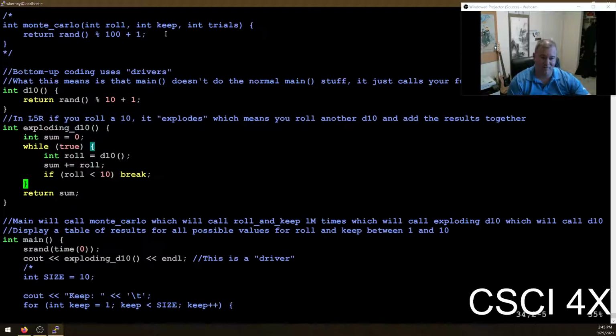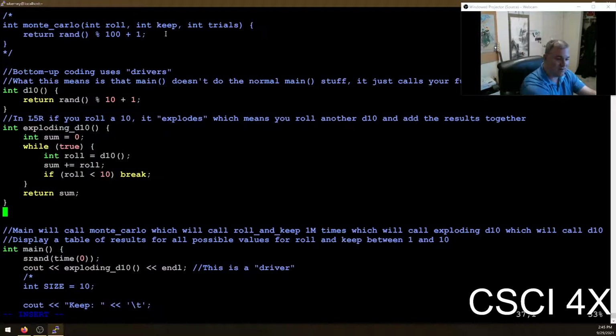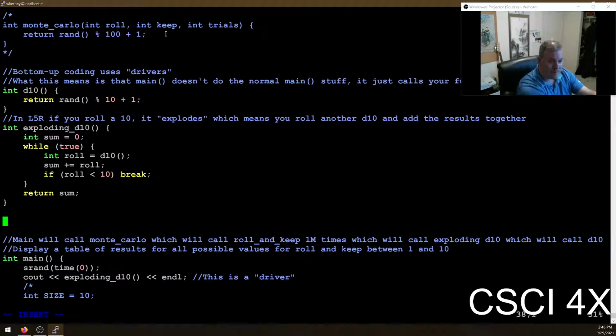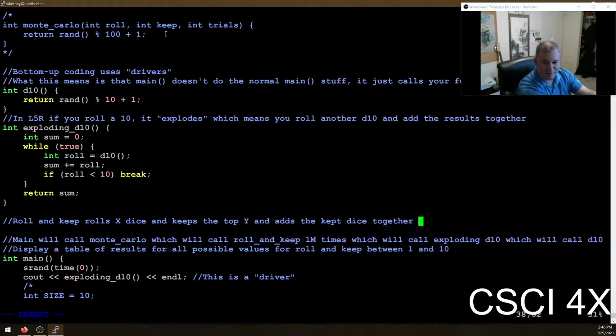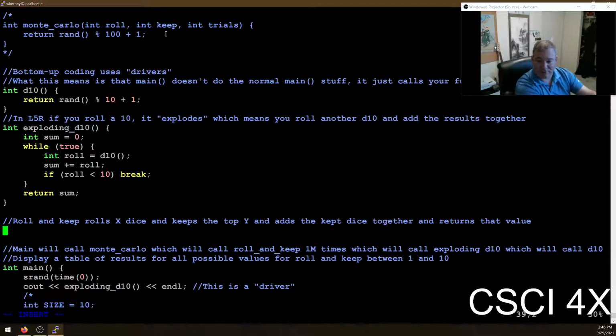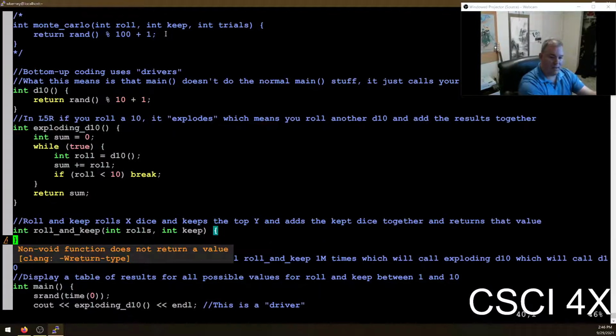The function that's going to call exploding D10 is roll and keep. So now we're getting to the heart of the matter. This is the hard part, okay? So roll and keep rolls X dice and keeps the top Y and adds the kept dice together and returns that value. Okay, so we're going to make a function called roll and keep. It takes int number of rolls, int number of dice to keep, and